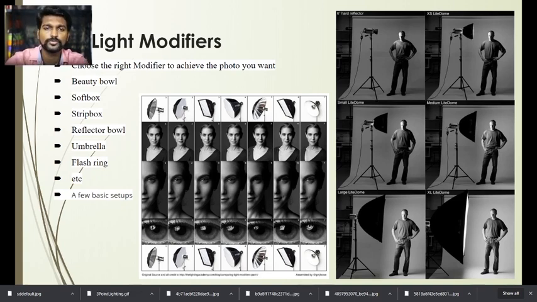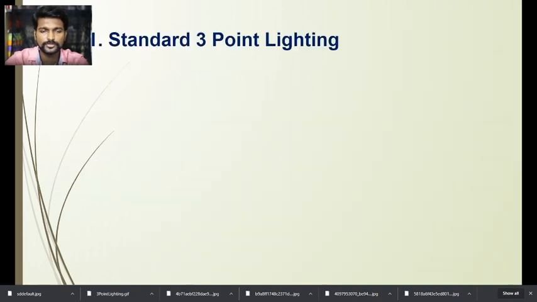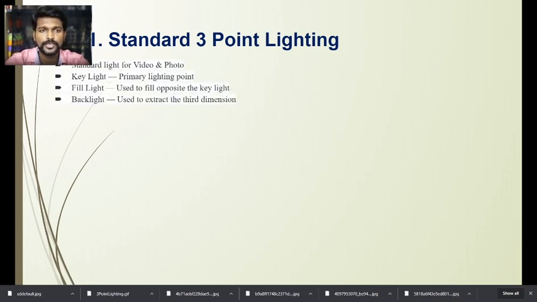We'll now go on to the types of lighting. The first one is the standard 3-point lighting. We call this standard because this type of lighting is used in videography as well as in photography. So it is the standard lighting for video and photo.